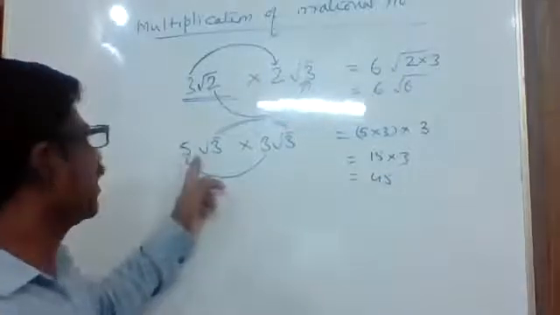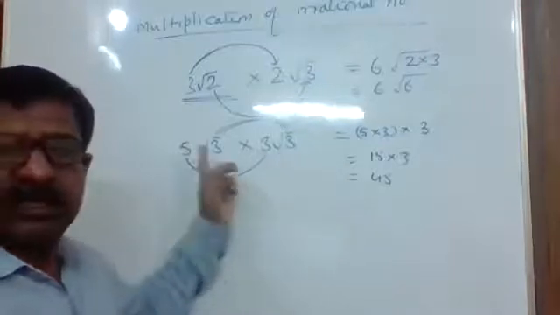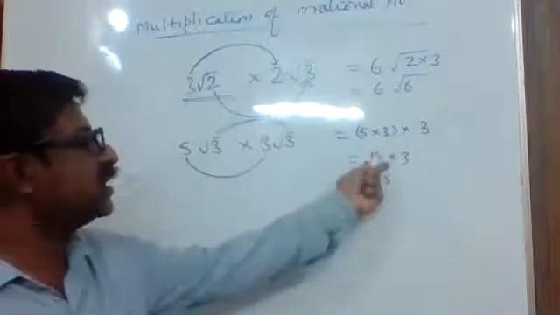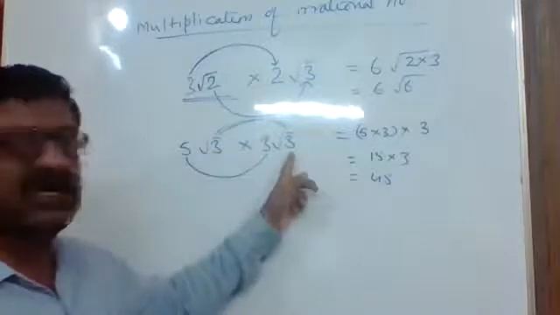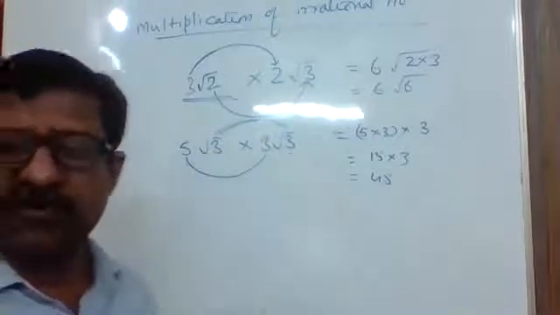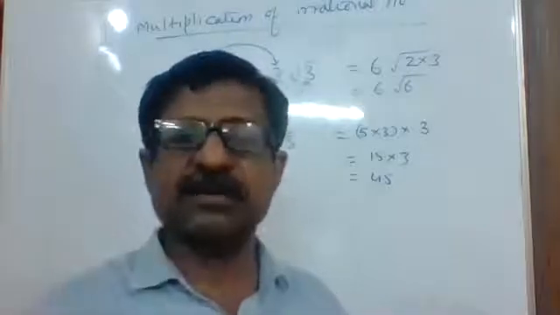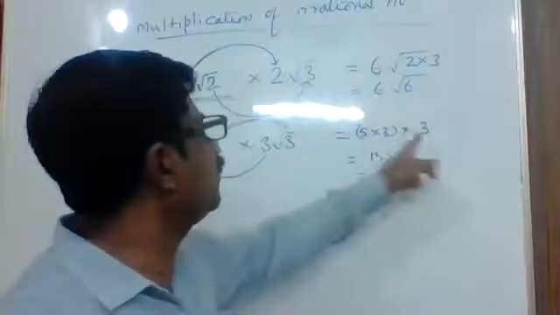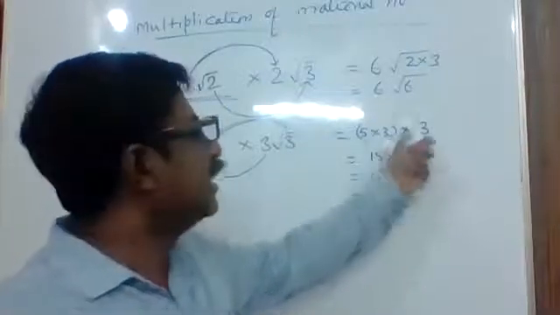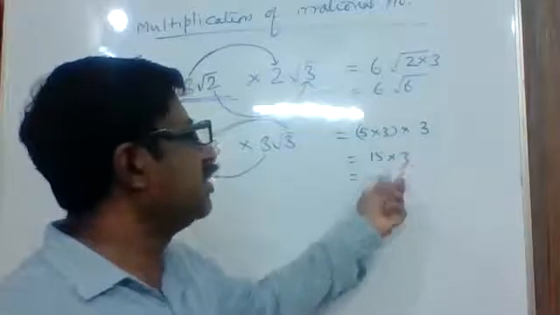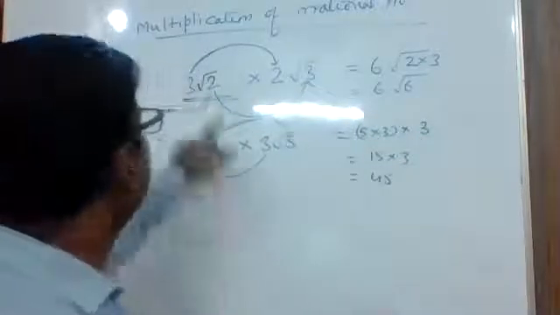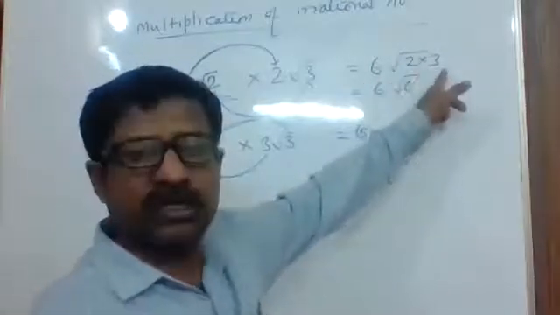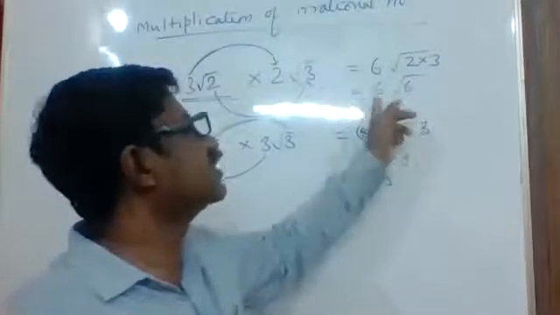Clear? When multiplying 5 root 3 and 3 root 3, as usual, we multiply the rational numbers 5 and 3, that is 15. And as usual, we multiply the irrational numbers root 3 into root 3. And we know that when the same irrational numbers are multiplied 2 times, the root sign should be removed. Therefore, root 3 into root 3, we got 3. Root sign is removed. Now there is no root sign, multiply all together, we got 45. But if numbers are different, root 2 into root 3, we have to multiply like this, root 2 into 3, and inside the radical sign, we've got root 6, 6 root 6.